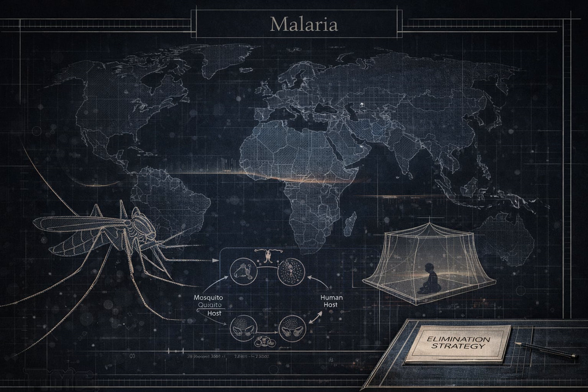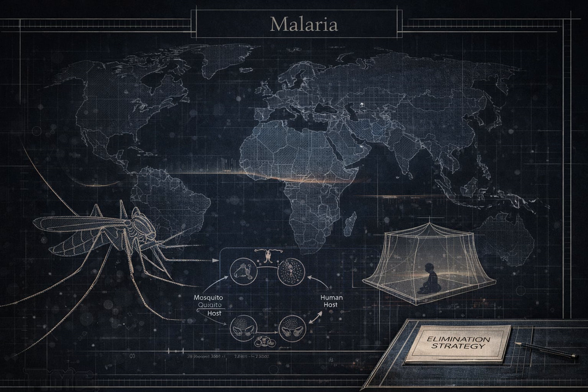Episode description: Malaria remains one of the most significant parasitic diseases worldwide, with a disproportionate burden in sub-Saharan Africa. Transmitted by the Anopheles mosquito, malaria reflects the complex interplay between environment, vector ecology, socioeconomic conditions, and health system capacity. This episode explores